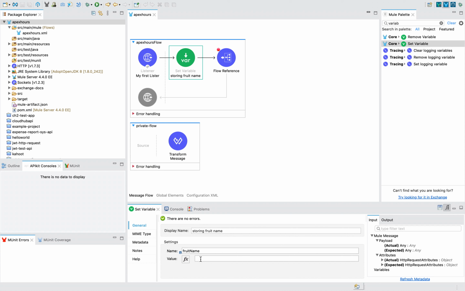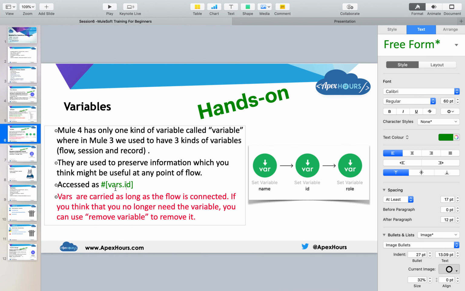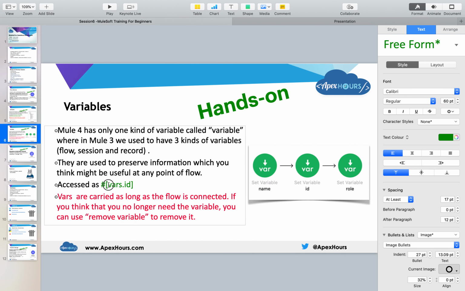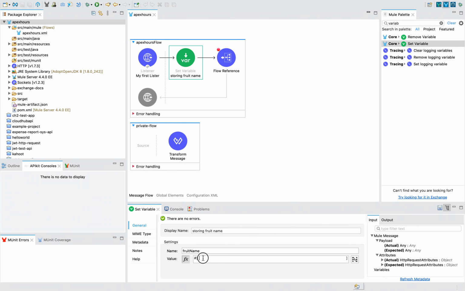For example, I wanted to store this fruit name as apple. You can either directly write apple here, but I would suggest always using fx. And when you are using fx, please don't forget to give double quotes. When you enable this fx expression, you can see by default it is within a DataWeave expression because it has hash and square brackets, opening and closing. Here I am not using double quotes because it is syntax, but apple is a value, so a value should always be in double quotes, and type apple